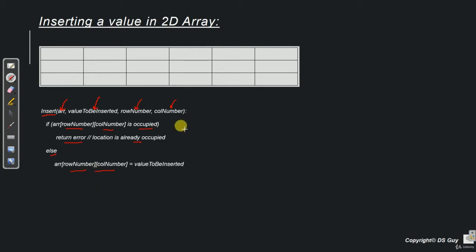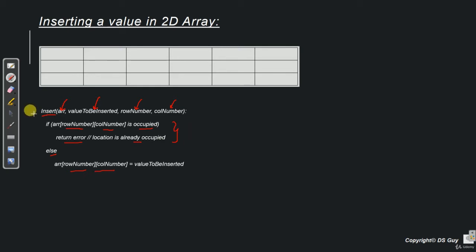Now one important thing to note here is that this is not a standard process, that if there is any value in an array, we cannot override it and must throw an error. We can always override it, but in my case I have assumed that we will not override any existing value to make things simpler. But when you are doing your testing and writing your Java code, please implement it in both ways.